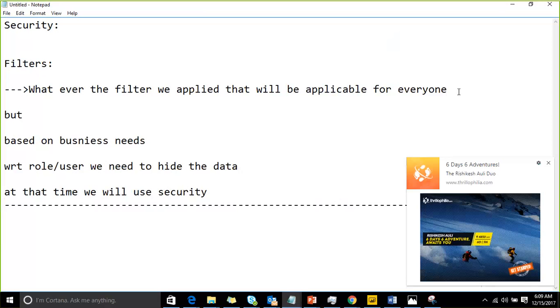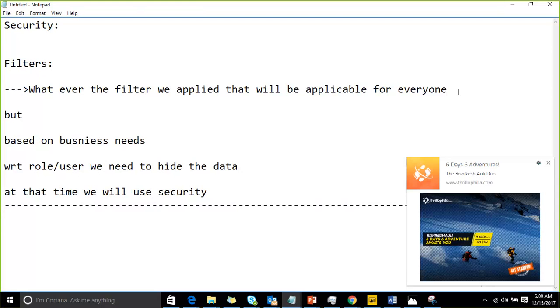But at that time, if you feel that, boss, in our organization we have an employee hierarchy, and based on that hierarchy we need to display the data, or we need to display the data with respect to relevant user information only, we should not display all the data. If you have that requirement, we have a concept called security.